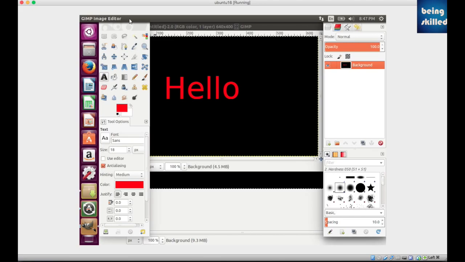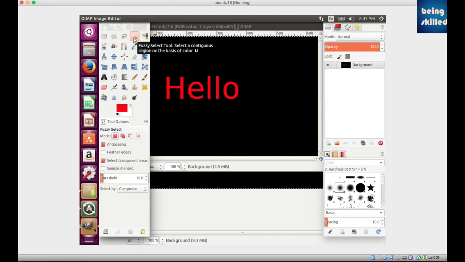So we can see we have this magic wand or the fuzzy select tool. So we can see we have multiple modes. Here we have this mode which is replace the current selection. So in case you have selected some area, then you will be selecting the area as required by you. The second option adds to your current selection, which means that in case you have